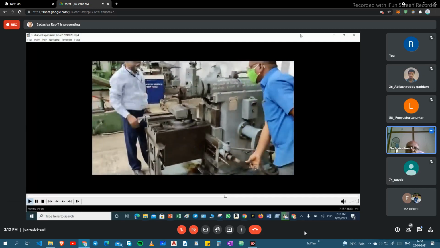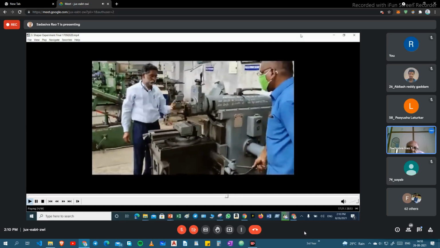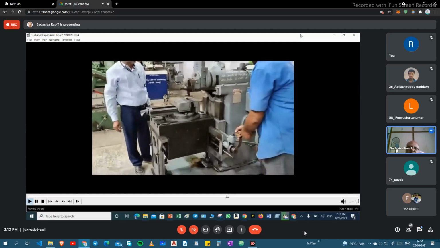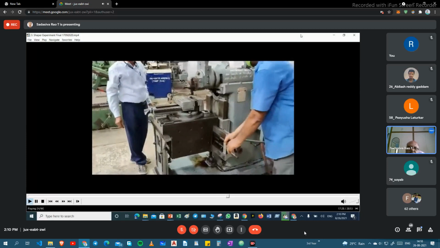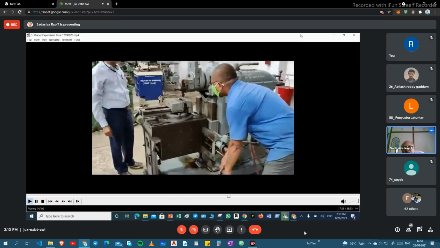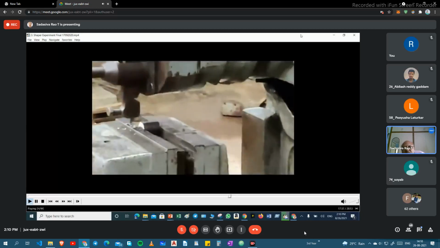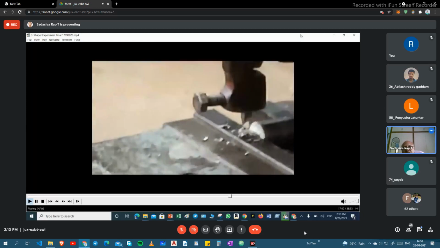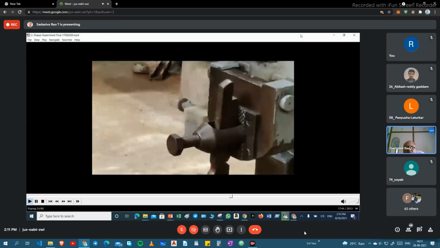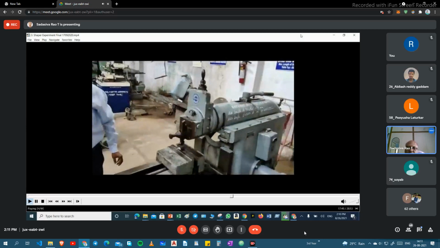Before the forward stroke, we have to give the feed.